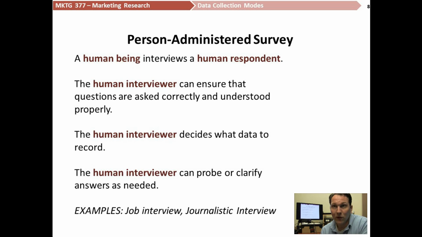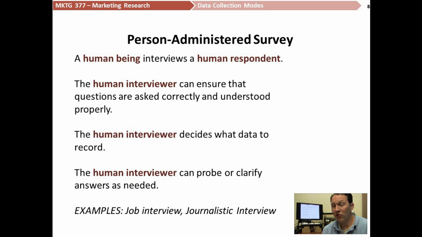A couple of examples of a person-administered survey, by the way, would be a job interview where you're interviewing with a potential boss or an HR representative, and they can ask you lots of questions and have a conversational style interview with you. Or a journalistic interview, and both of these kinds of interviews can be structured or unstructured,